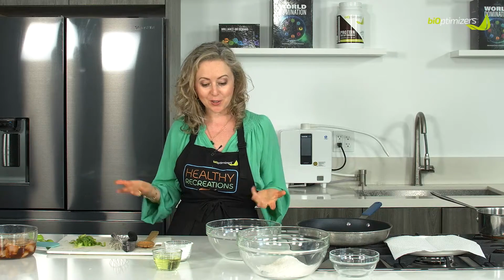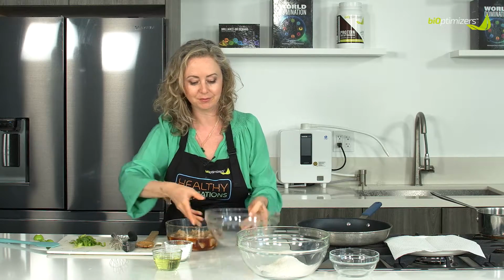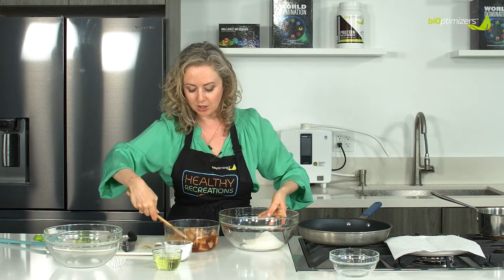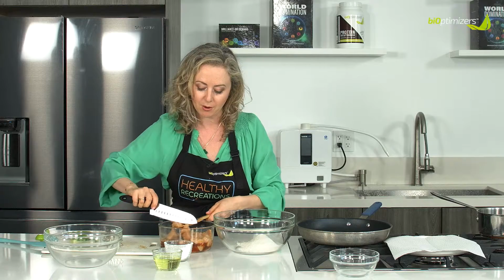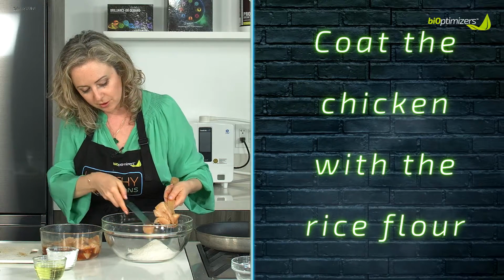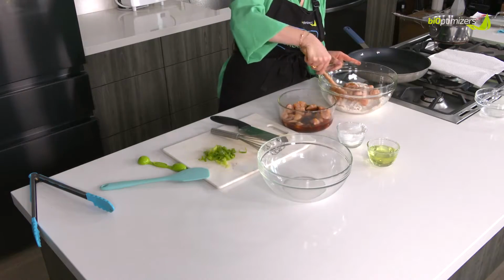Okay, so we're ready to do the rest of this meal. We have the chicken marinated, and we have rice flour. So I'm gonna take the chicken out, and I'm gonna make sure that it's nicely coated in the flour. It's okay, sometimes it gets stuck together, it's not a big deal. We're gonna work in batches,